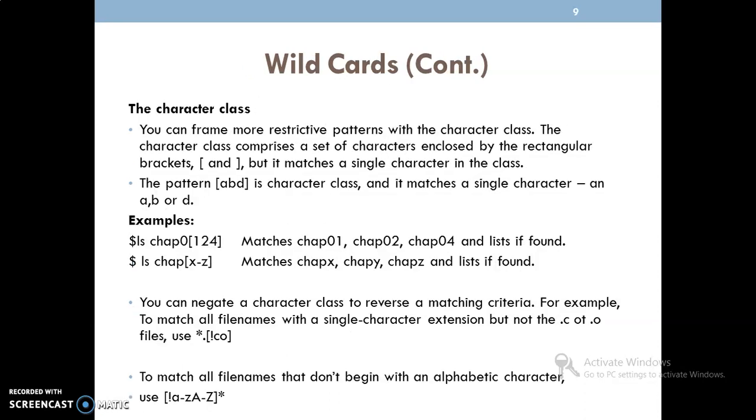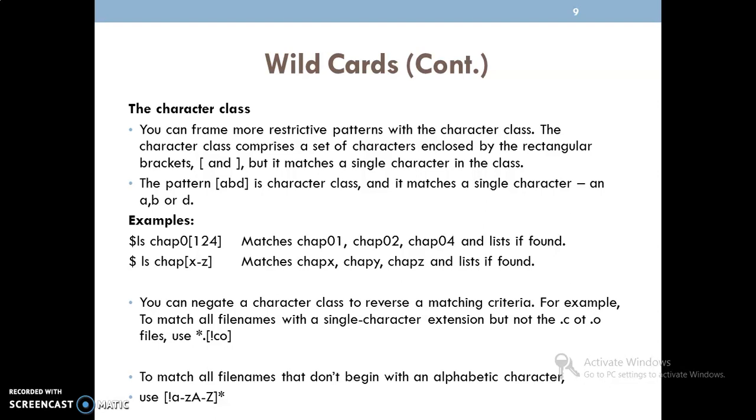The character class: we can frame more restrictive patterns with the character class. The character class comprises a set of characters enclosed by square brackets but matches a single character in the class.